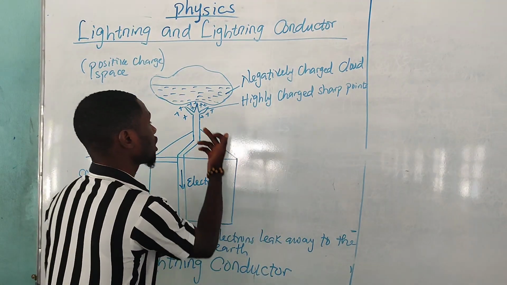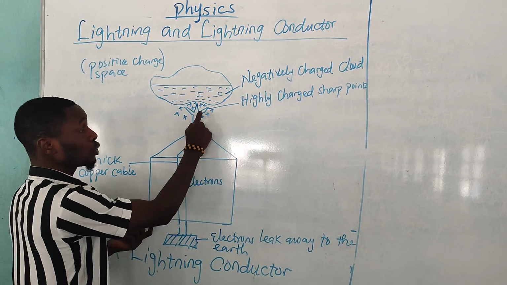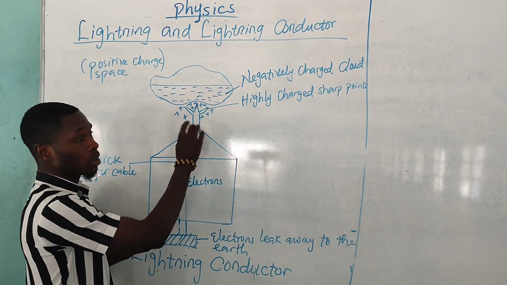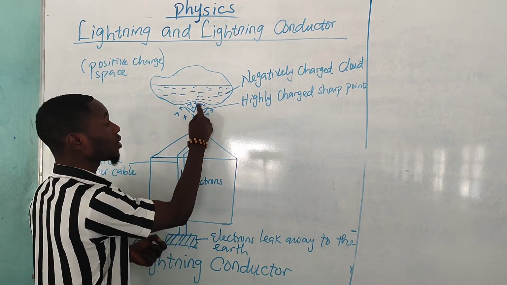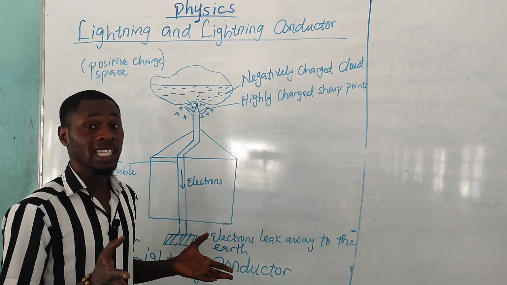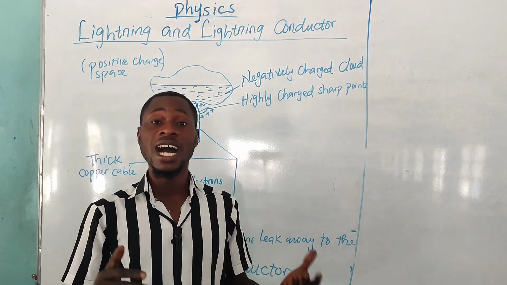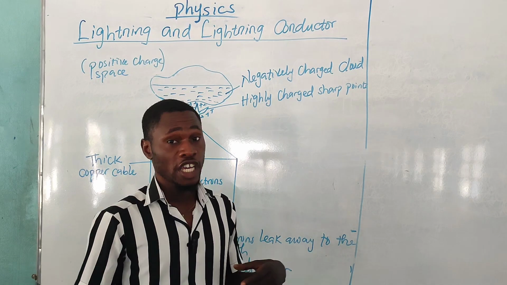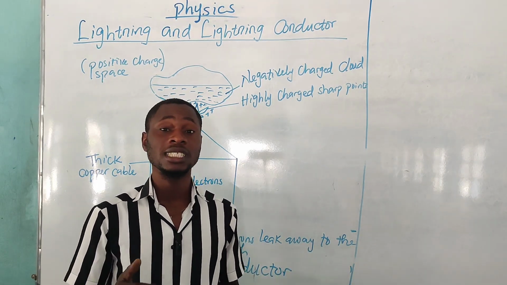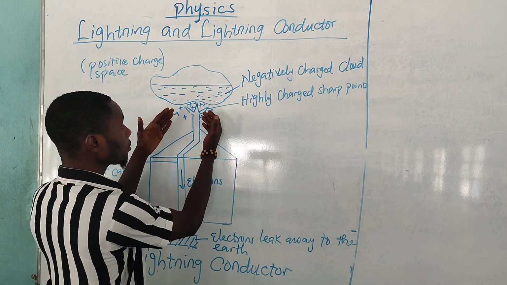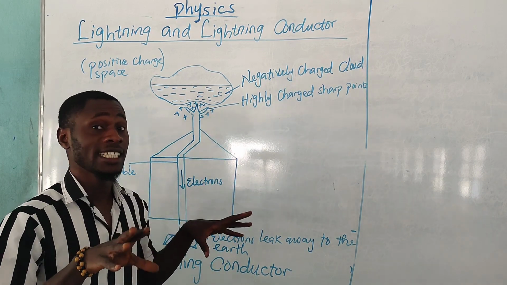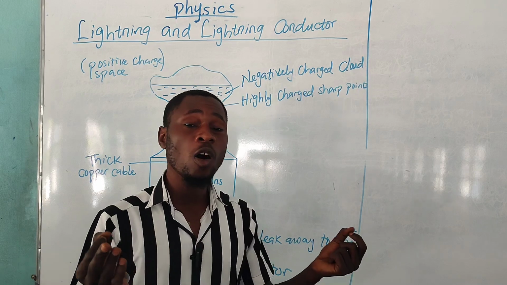Since the point is sharp, and positive charges have been induced in it, it will begin to neutralize the surrounding air closer to it. By neutralizing the surrounding air, it begins to break them off into positive and negative ions. By breaking them into positive and negative ions, it will begin to attract all the negative ions, and repel off all the